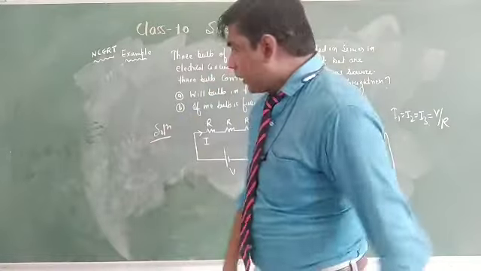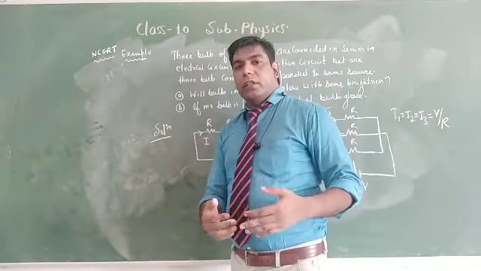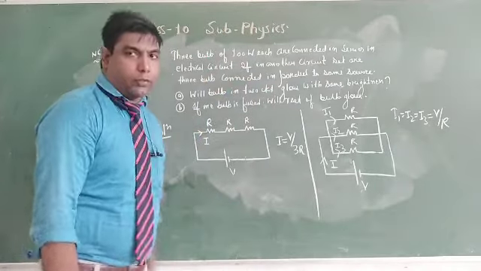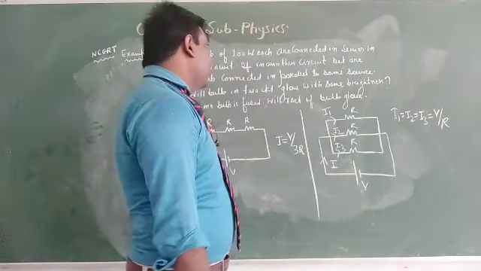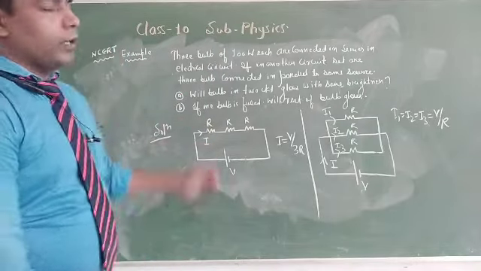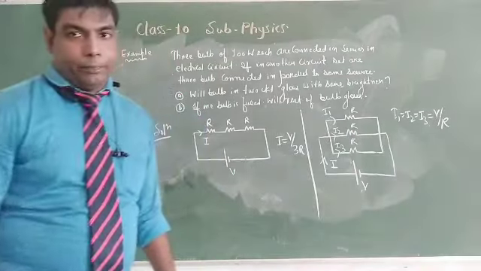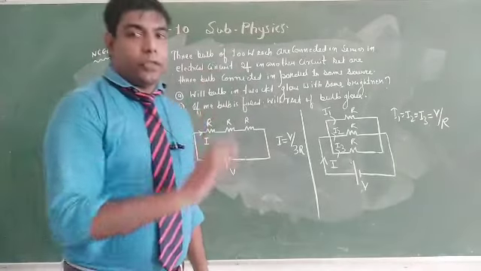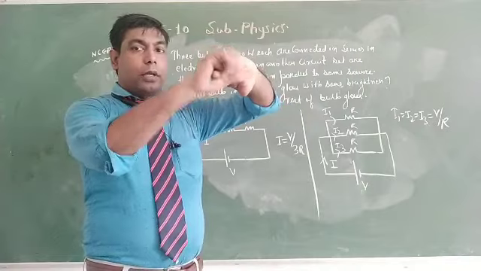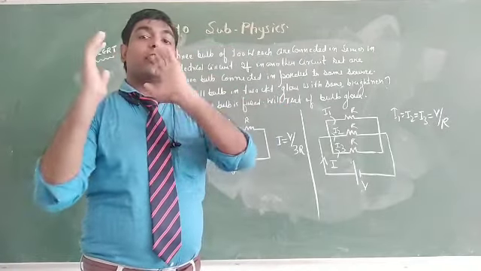So today we will have a discussion on the chapter Electricity. We will solve the exercise questions or example questions of NCERT. So this is an example of an NCERT question. It says that 3 bulbs of 100 watt each are connected in series and then in parallel. 3 bulbs first connected in series and then connected in parallel to the same voltage source.